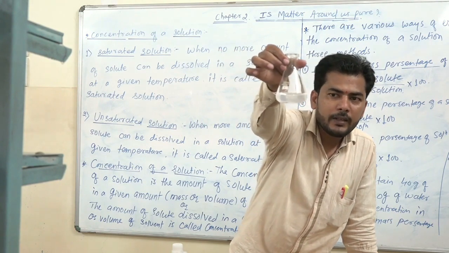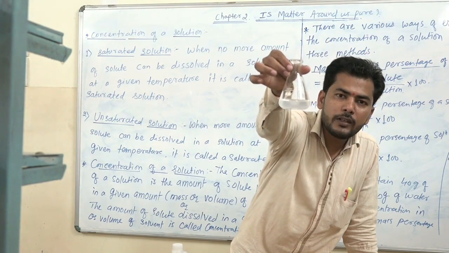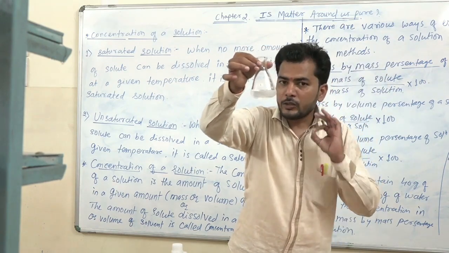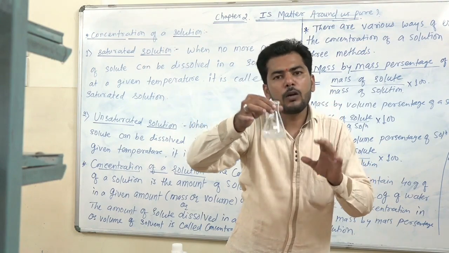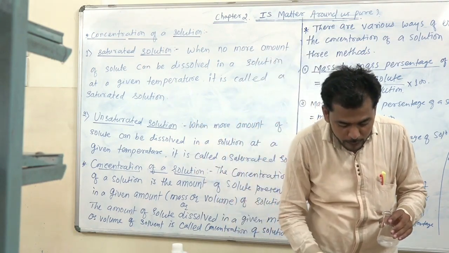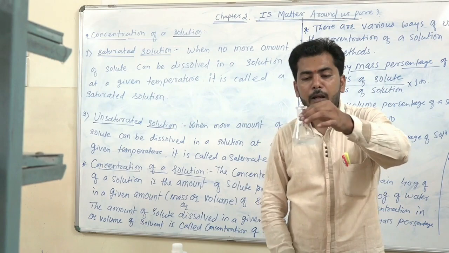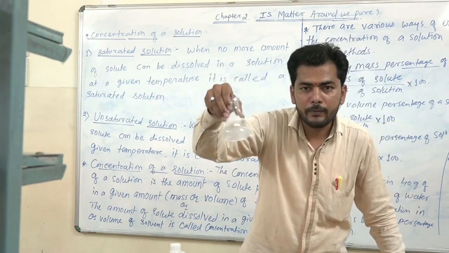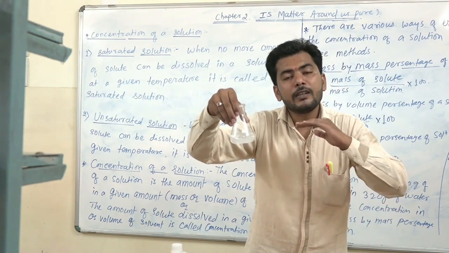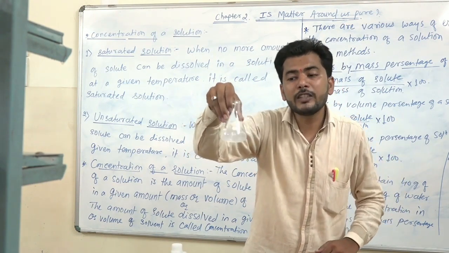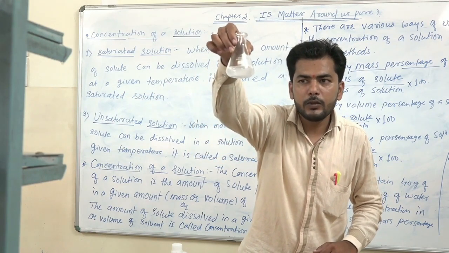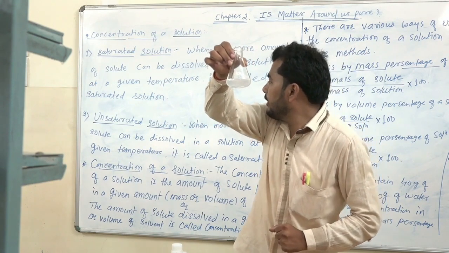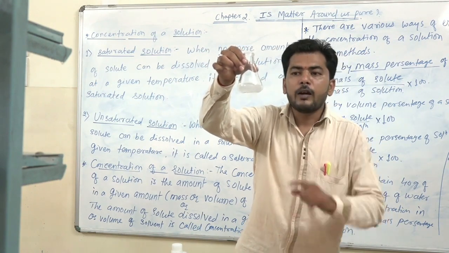The solution gets the solute dissolved in this water. If I want to add salt in this solution, it means in water, it is going to be able to dissolve that salt again in it. Again I am adding this salt into it and it is able to dissolve. Okay, it means it has not reached the saturation level. So it is called an unsaturated solution. Okay, unsaturated solution. I hope that you understood.